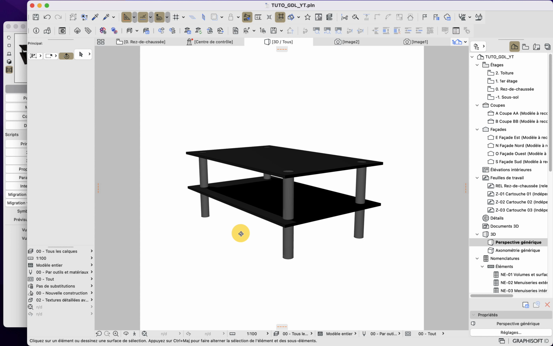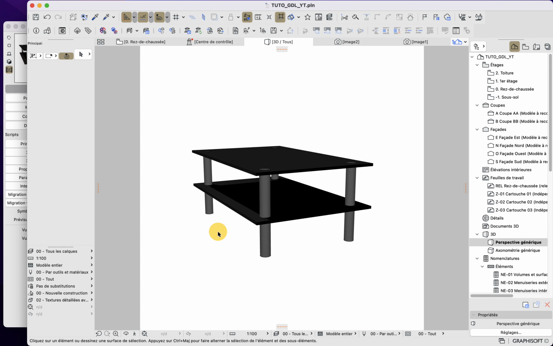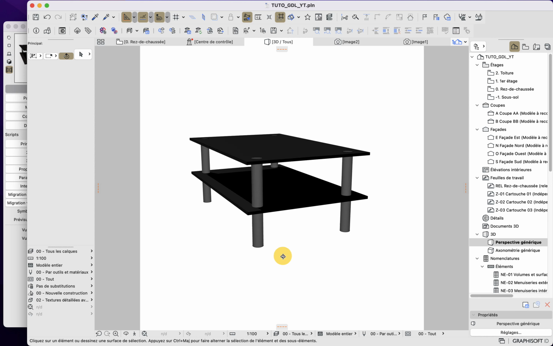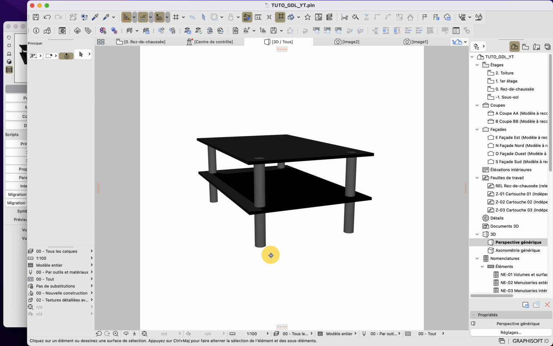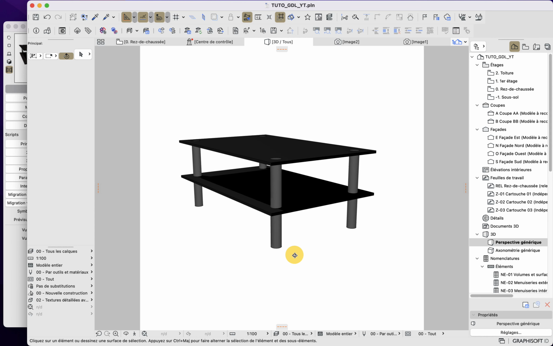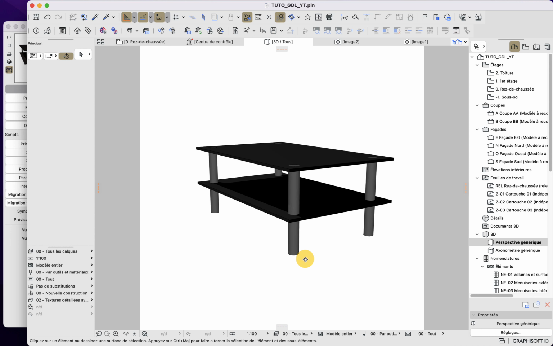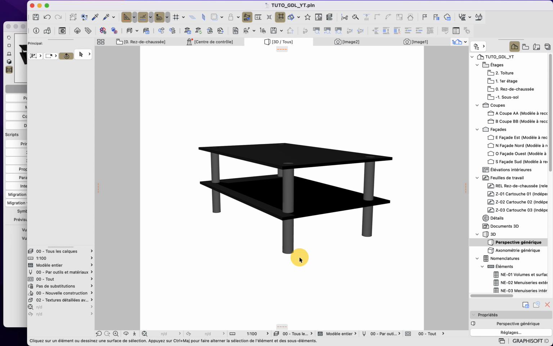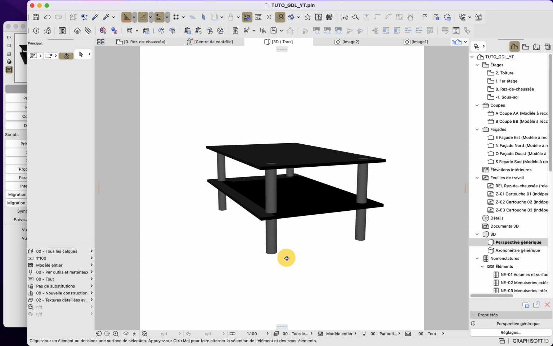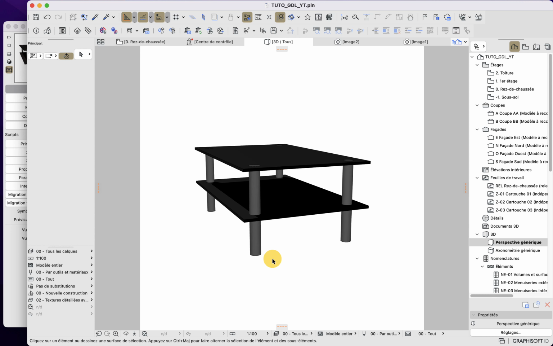If you want to improve after this tutorial, I have two pieces of advice. First one is, well, to find a piece of furniture or sanitary terminals or stuff like this in your home that you can measure, that you can find quite easily, so you can recreate them in GDL. That was basically me with this coffee table.